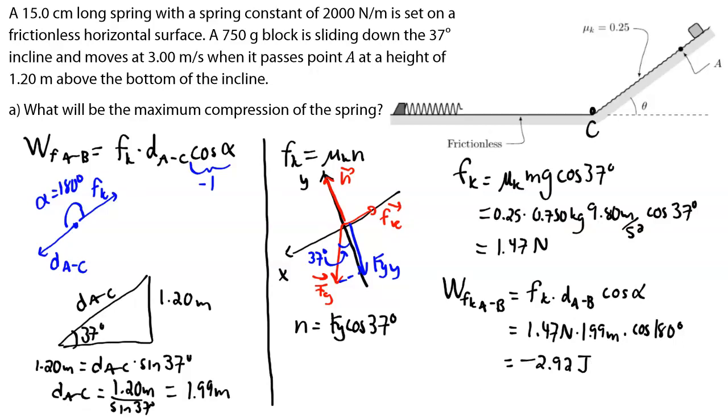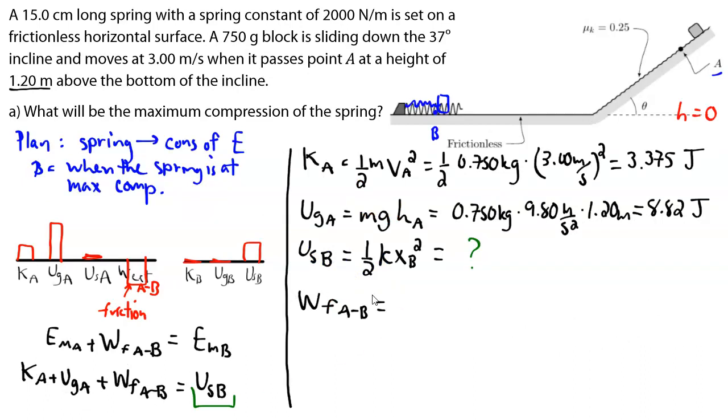With this information, we can now go back to our previous slides, so we know now that the work done by the friction force will be equal to minus 2.92 joules, and by combining all of that information together, we can figure out the value of the energy stored in the spring at the end when it's at max compression. So we have, as we said, Ka plus UGA plus the work done by the friction force between A and B. And by plugging the values that we just found in there, we get